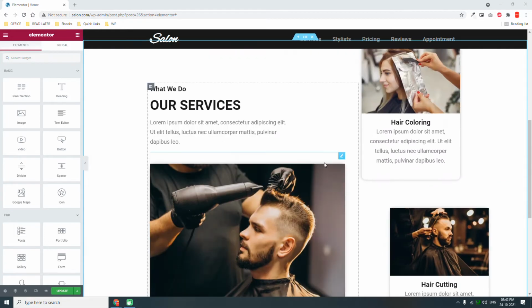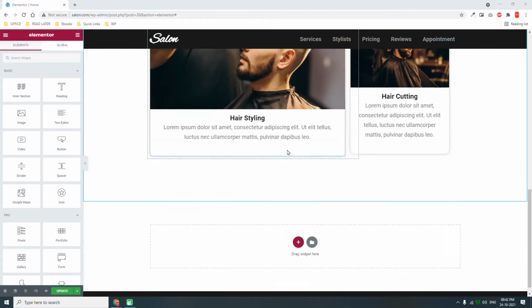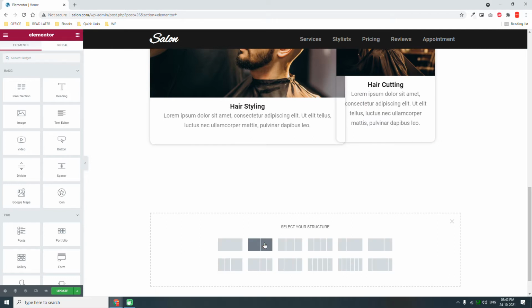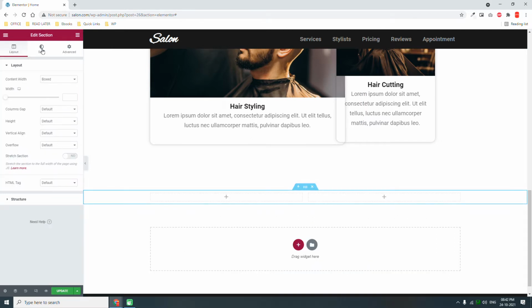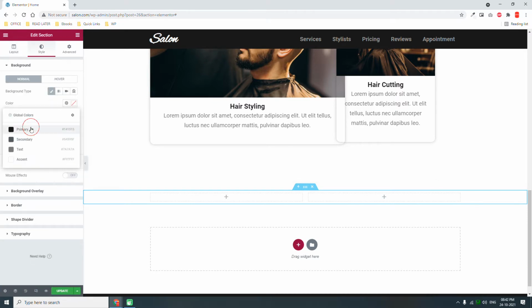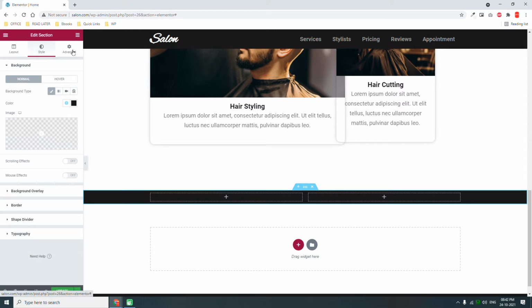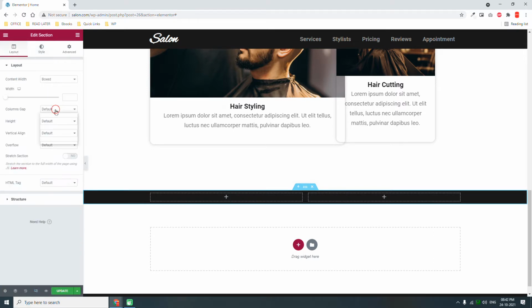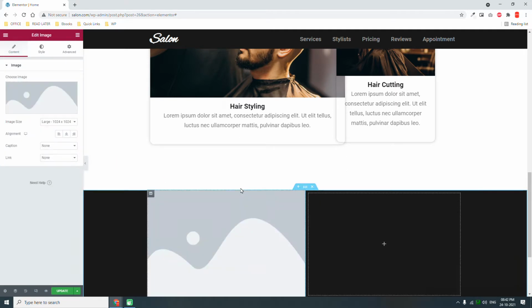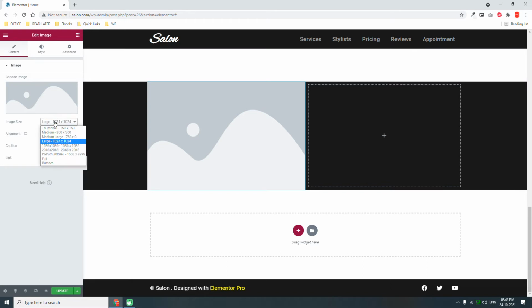Here in our previous episode we have designed the services section, so in this video let's design the pricing section. Okay, let's insert a two column section like this: style, background color black. Okay, and here column gap, no gap. Okay, that's enough. Then let's insert an image to this left column, and for the size, make sure it is